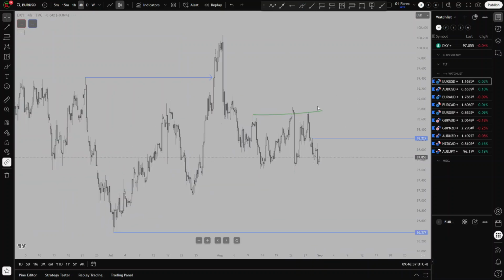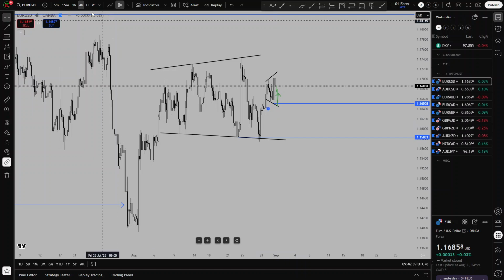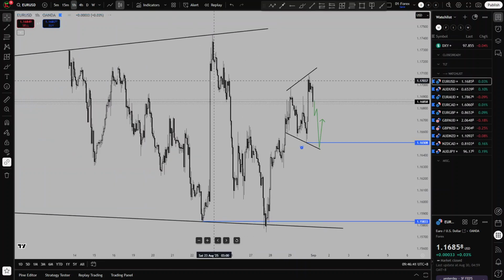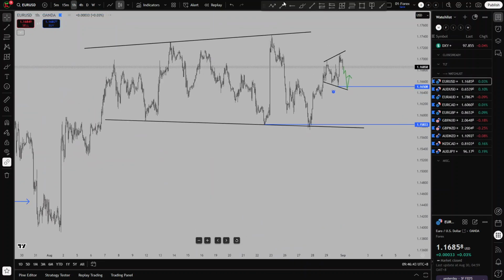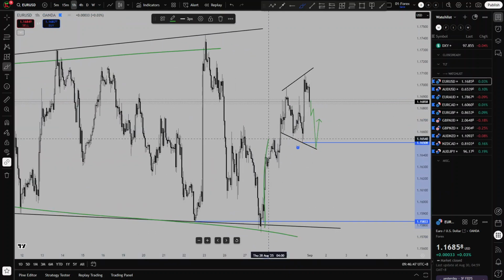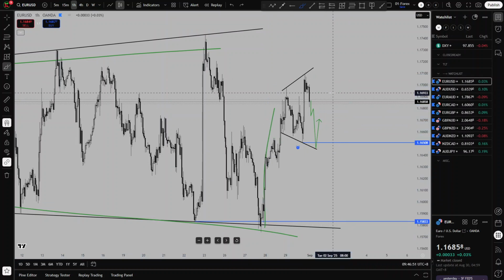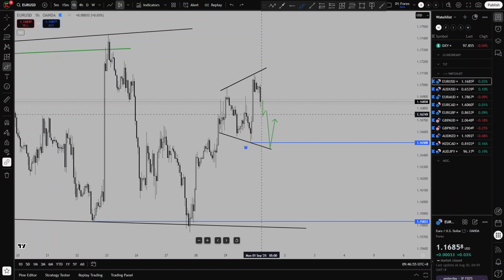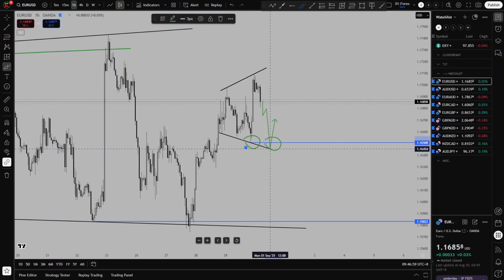Moving on to Euro US dollar, that's a fairly straightforward picture here on the 1-hour time frame. We are within this overall bigger continuation structure, had a nice impulsive move and are now forming a continuation in the middle of the run, more or less. So I'm looking here for price to come back, tapping the base one more time and then enter a long in